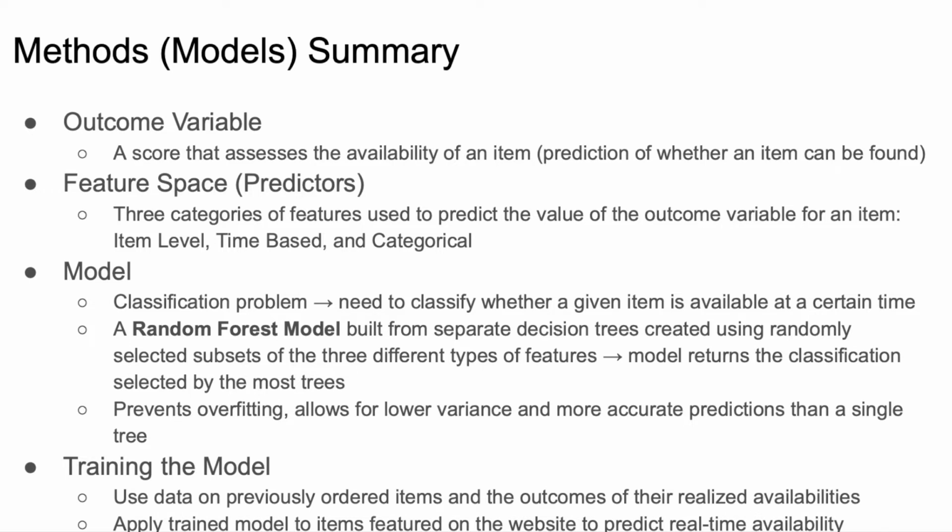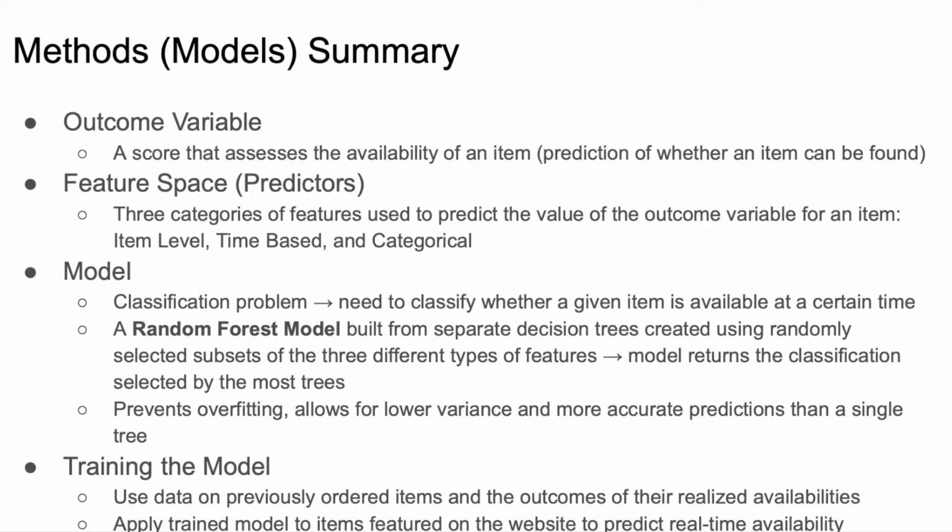Another beneficial part of this model is that random forests allow for ranking of features by their importance, or in other words, by their predictive power in the model. This is done through a process that involves error values that are associated with each feature as the model is trained to the training data set. So the ranking that Instacart released for the relative importance of each type of feature is that they found that categorical features are the most important, and then item level features, and then time-based features were the least important in predicting the